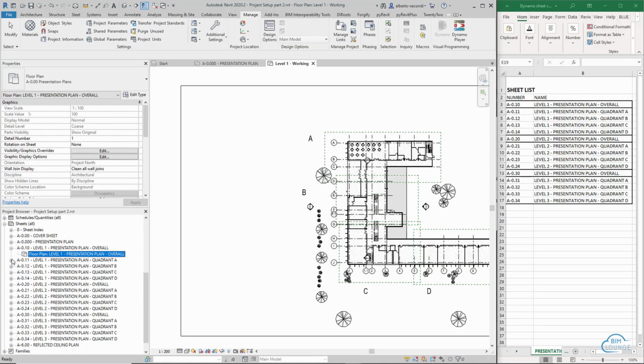In this video, I'm going to show you how to quickly create sheets and place views on the respective sheets